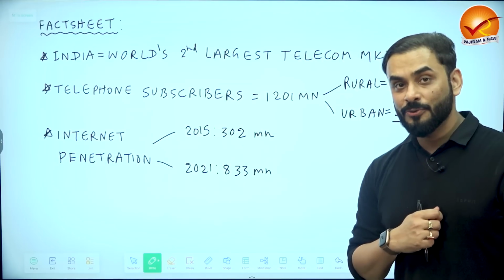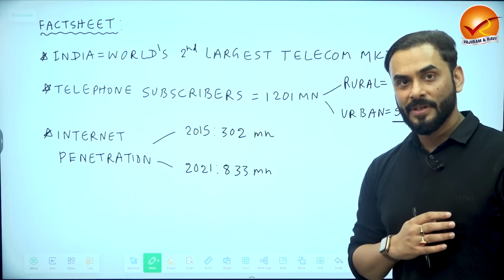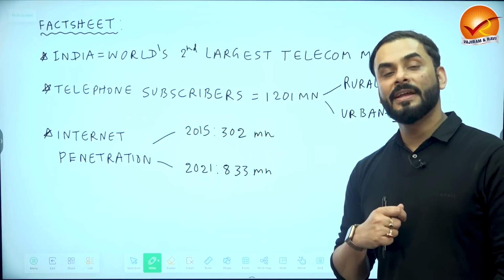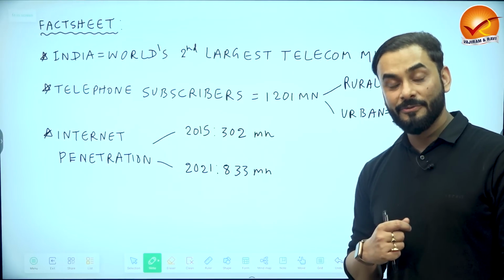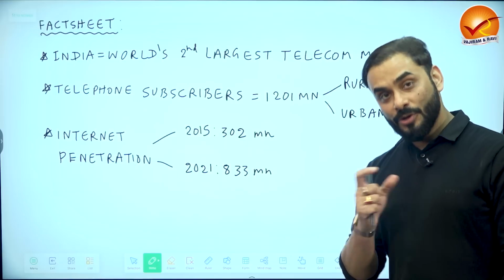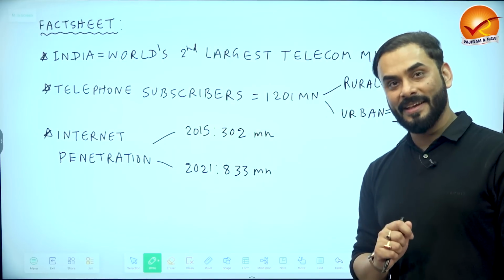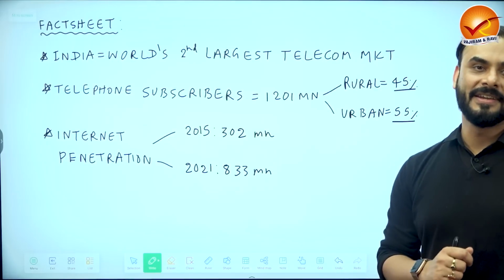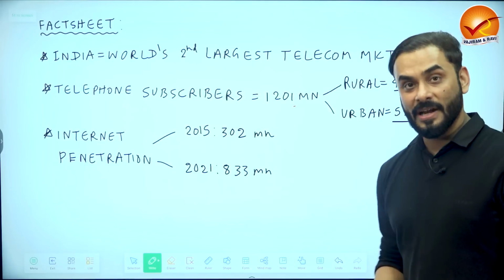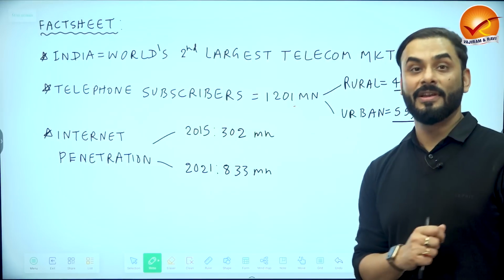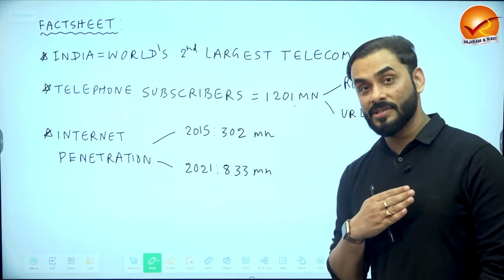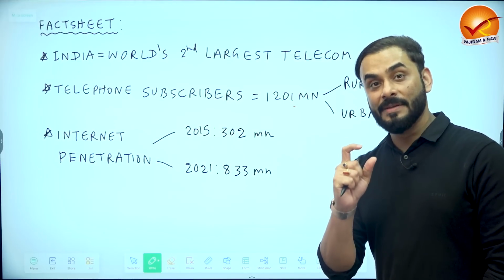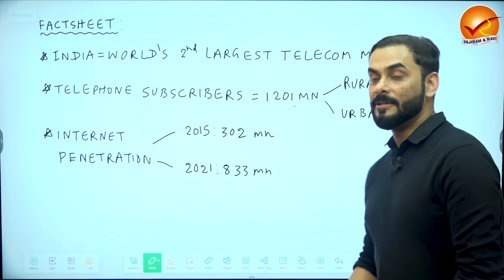are able to create policies whereby we want to create inclusive growth and development, we can easily do it through telephony, because even in rural areas, the coverage of telephone is very, very decent in India. Because out of these telephone subscribers, 45% are in rural area, which means if we want to take any policies close to rural area, we can easily do that if we create the policy keeping these telephone subscribers in mind.